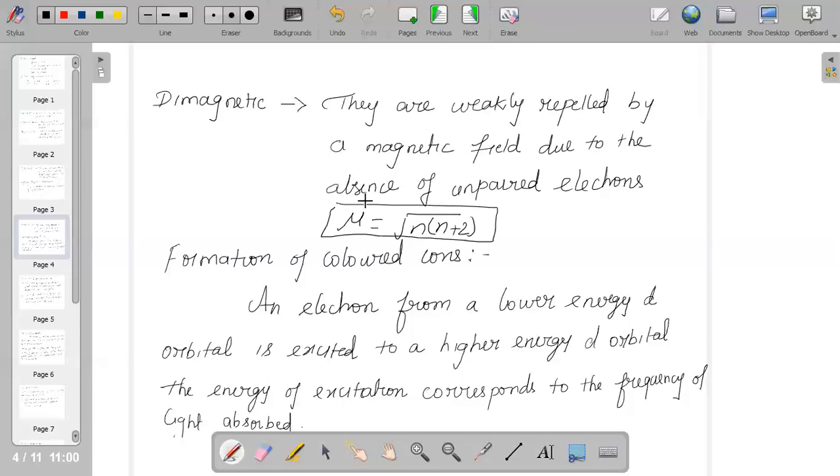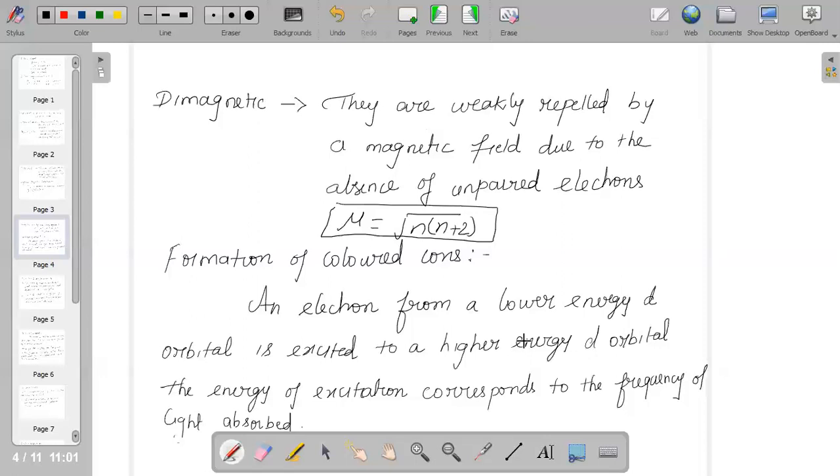N root of n into n plus 2. And a very important question is being asked: formation of the colored ions. Why is there a formation of colored ions? So we should understand that when an electron from a lower energy d orbital is getting excited to a higher energy d orbital, the energy of